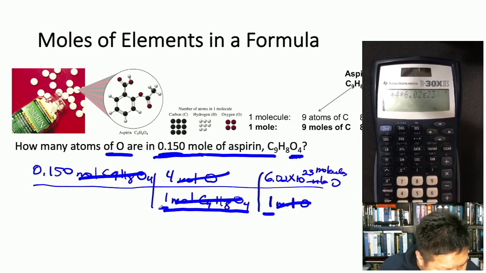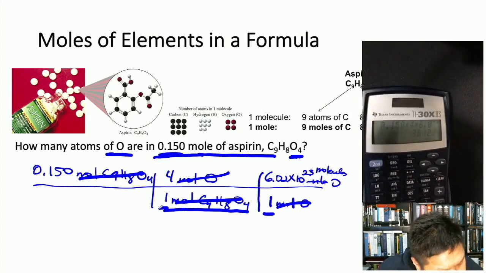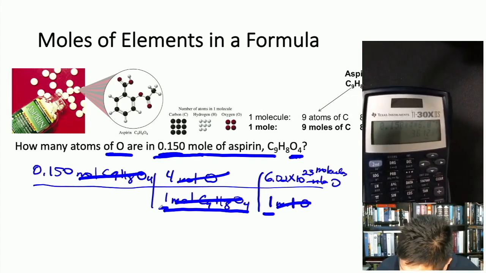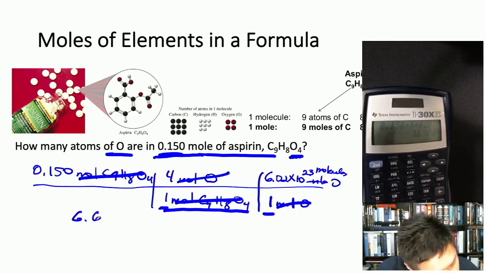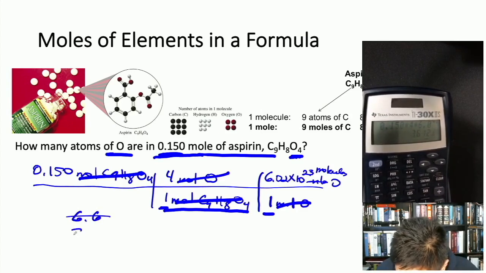And then press enter. The calculator gives us 3.612 times